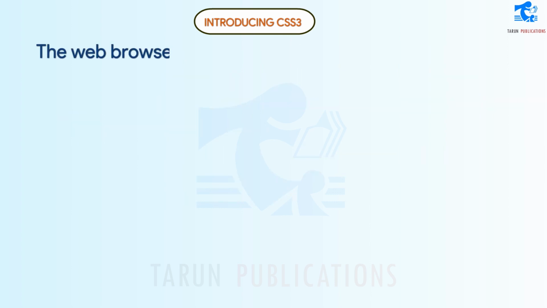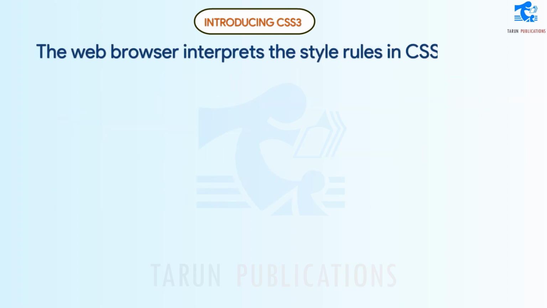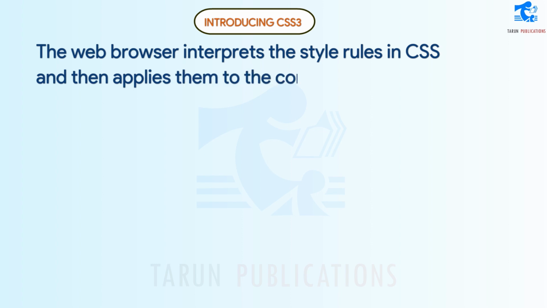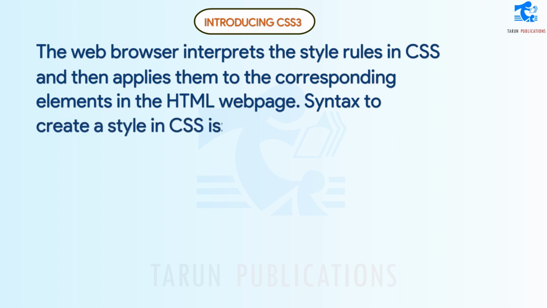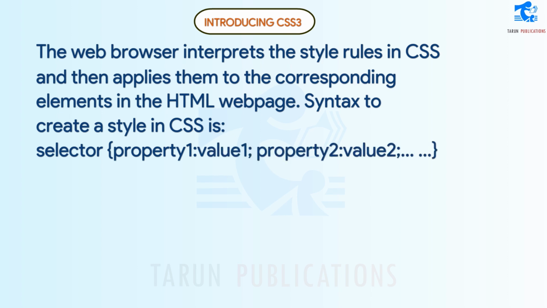The web browser interprets the style rules in CSS and then applies them to the corresponding elements in the HTML web page. Syntax to create a style in CSS is: selector { property1: value1; property2: value2; }